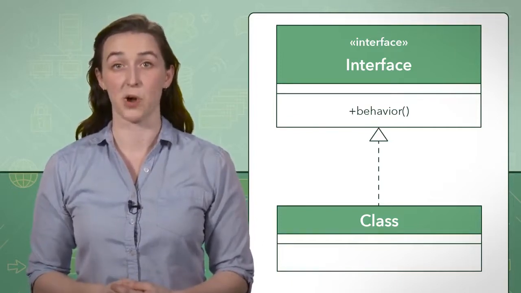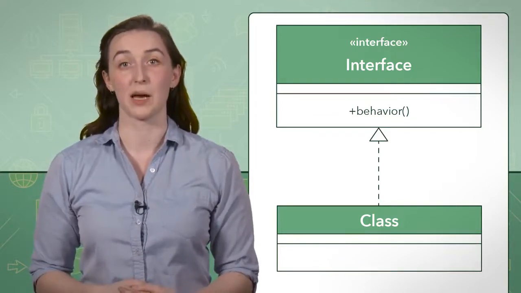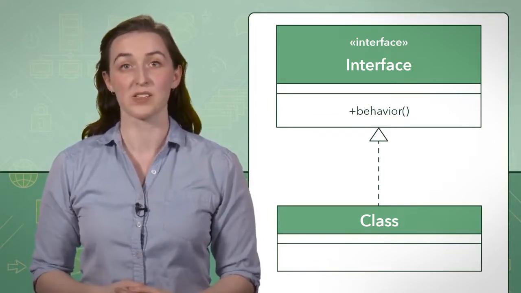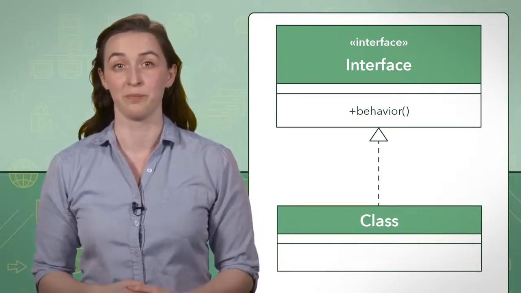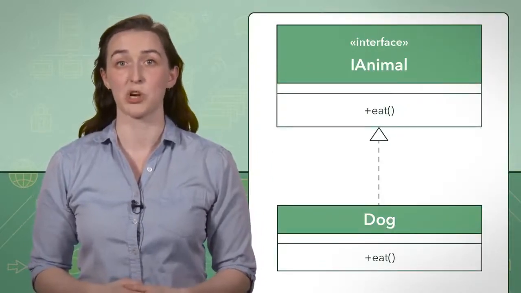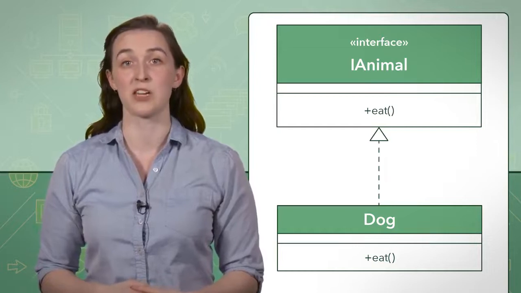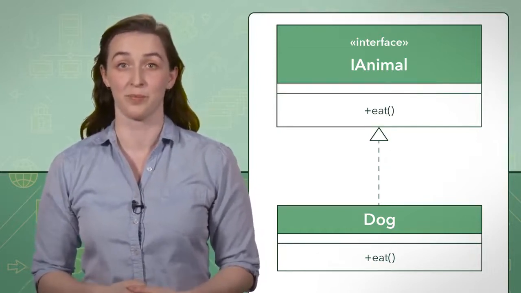The standard way to draw interfaces on your UML class diagrams is to have the arrow pointing upward. This means that the interface is always toward the top, and the classes that implement them are always toward the bottom. If we translate the Java code to UML, the diagram for our animal interface example looks like this. This UML class diagram tells us that the dog class will determine how the behavior that is described in the interface IAnimal will be implemented by repeating the method signature.